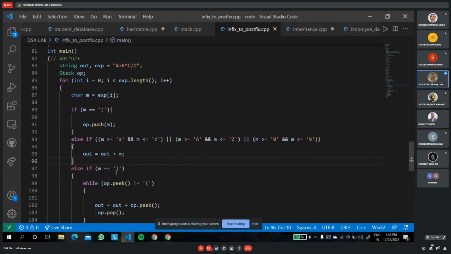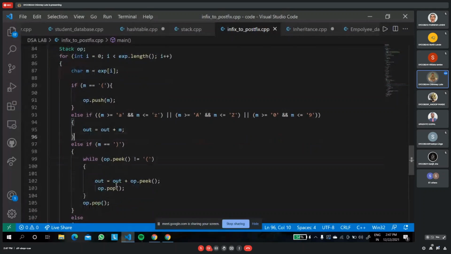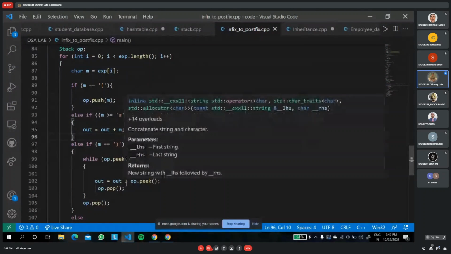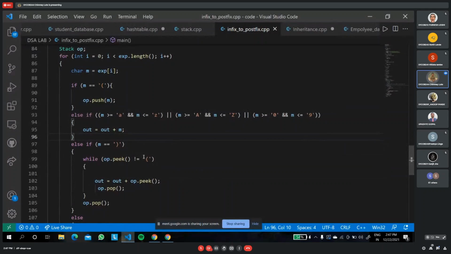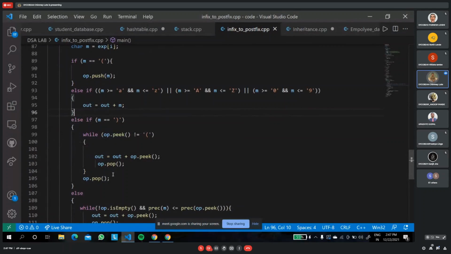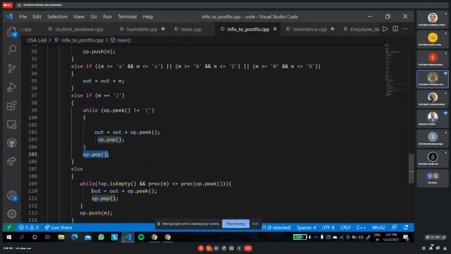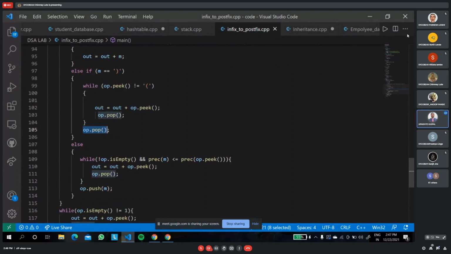If we encounter a right parenthesis, then we will pop elements from the stack until the left parenthesis is encountered. We will pop that left parenthesis. Then, sir, if we encounter any operator like plus, divide, minus, or power, we will check. Run this code.